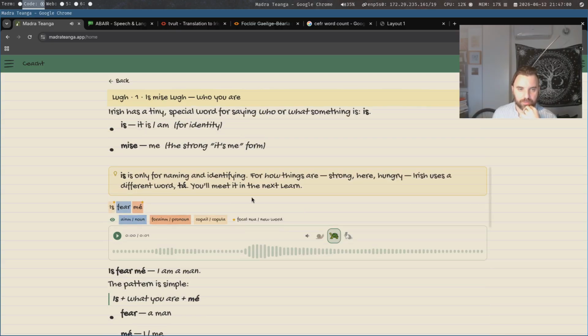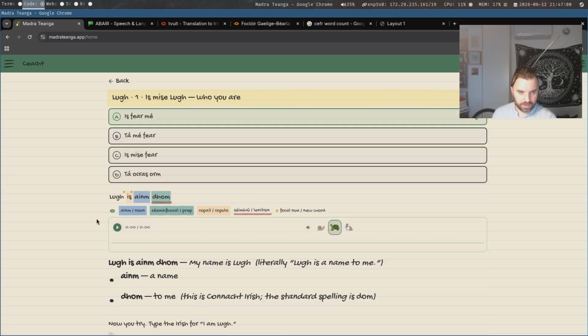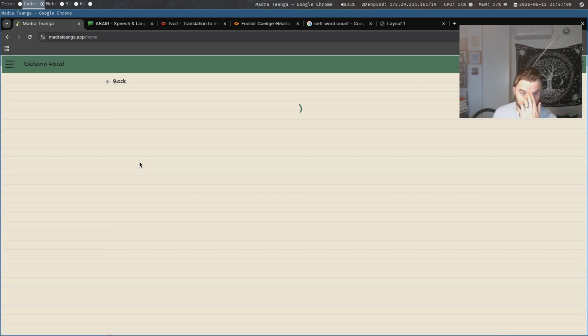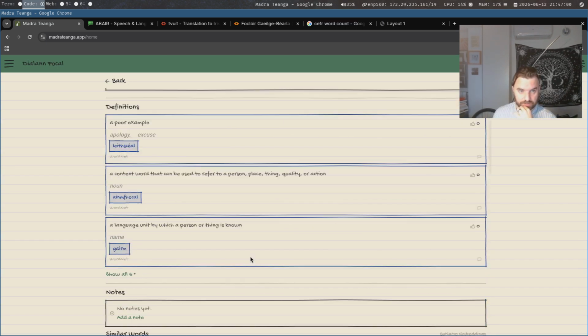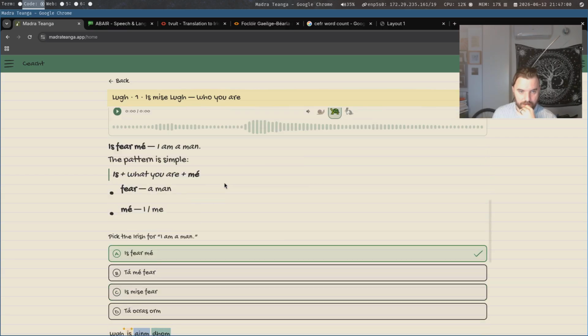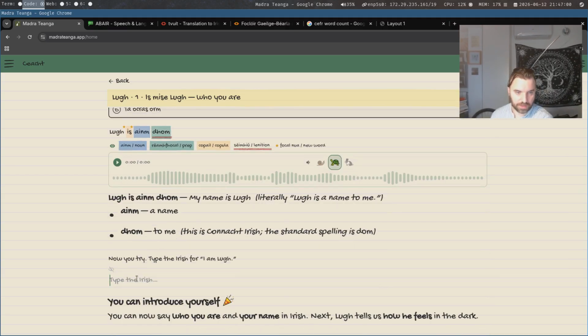So we start off with just a multiple choice because you're not typing just yet, just to make sure that you get it. Lose and come. And then here, you can also click on these words. Throughout this you can click on all of these and go explore them, add them to your list and whatnot. Oh, I should fix that. And then at the bottom you have a little exercise.